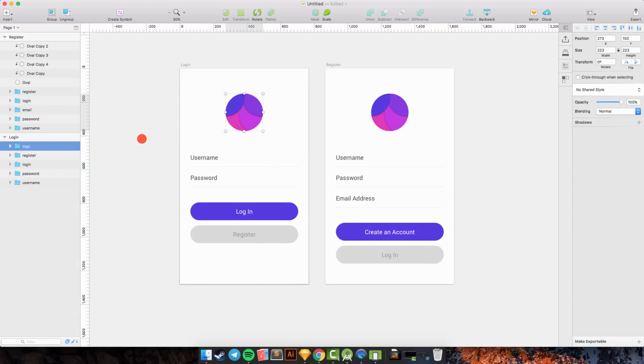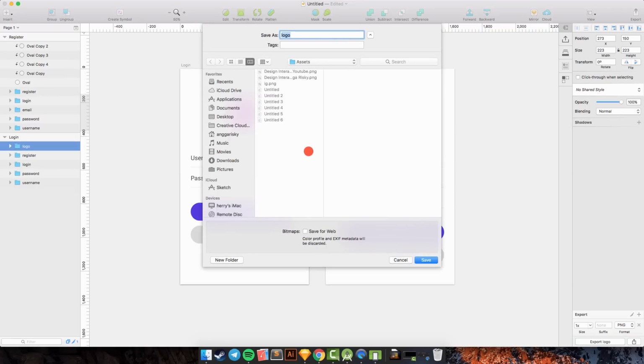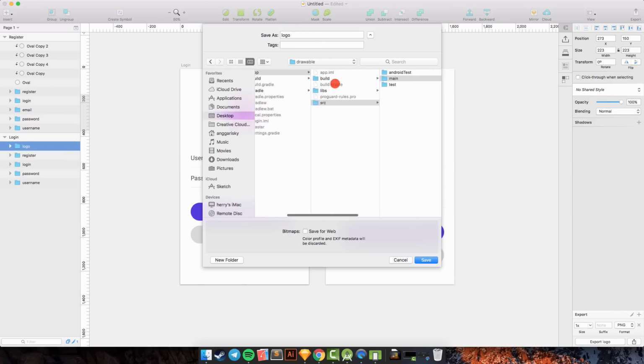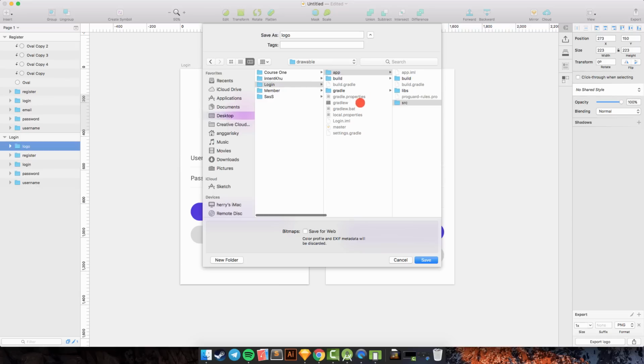Okay, we're going to start slicing. We select the logo, make exportable, and export logo. And go to desktop, and go to login, app, source, main, res, and drawable. Oh sorry, mistake. This is my older file.